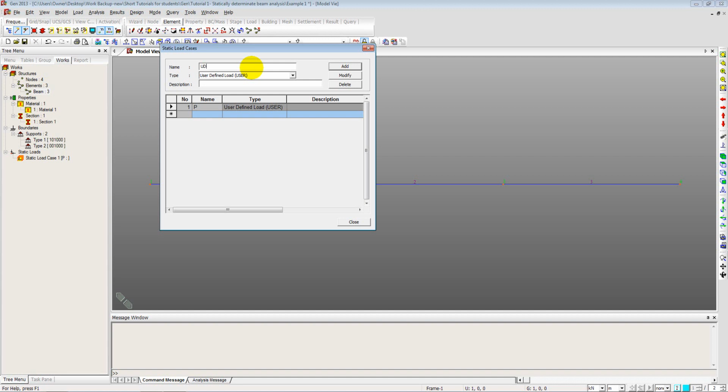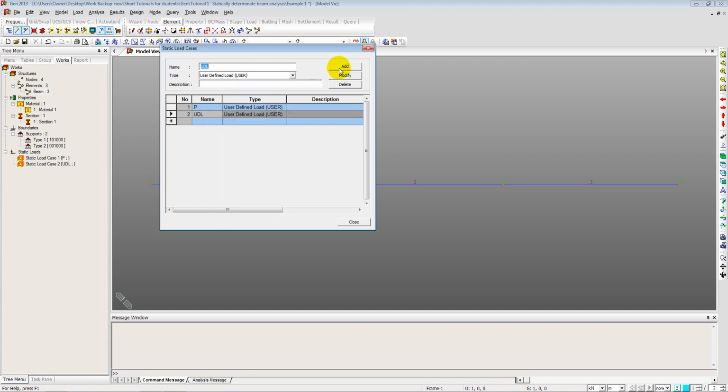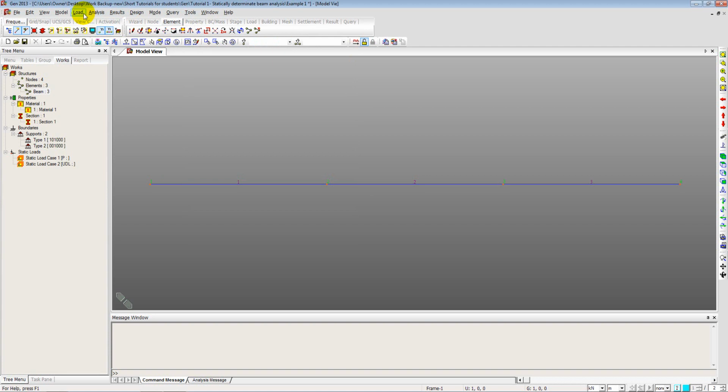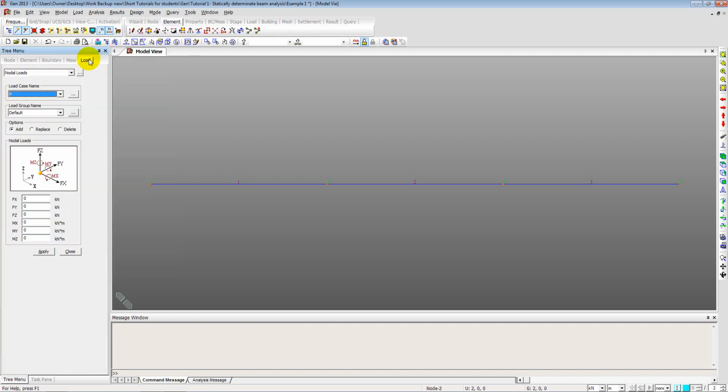This one is the UDL, again user defined, and add. So we have selected 2 names. Now close this. Then we will start assigning some values to these names. So the first type of load is the concentrated load of 15 kilonewton, which is nodal loads. So select nodal loads here, select the name as P,